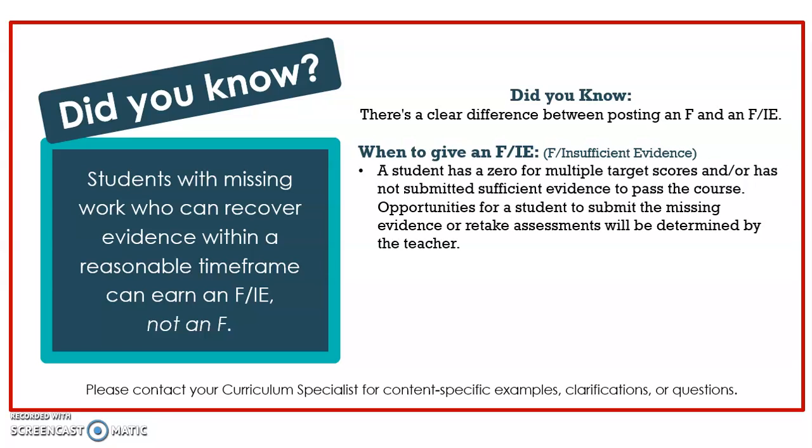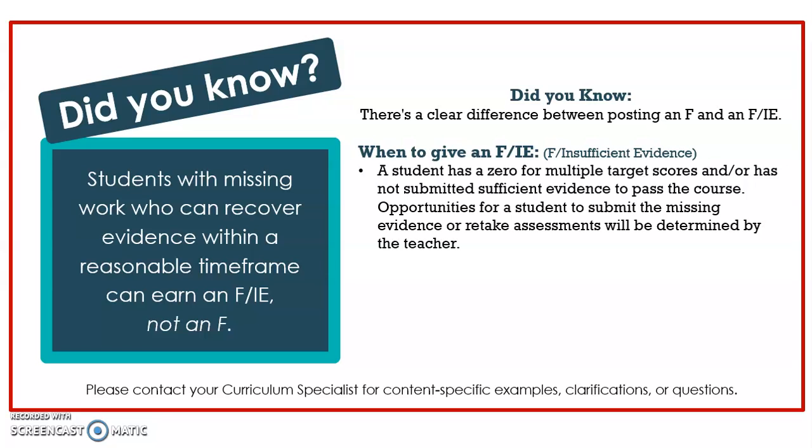Opportunities for a student to submit the missing evidence or retake assessments will be determined by the teacher. When you think about how we might have used an incomplete in the past, maybe a student missed a significant portion of the semester due to an illness, other reasons, this FIE will represent when insufficient evidence has been given,